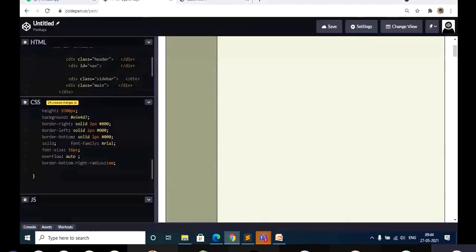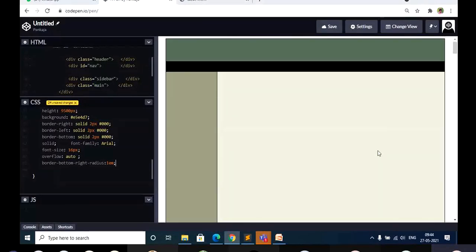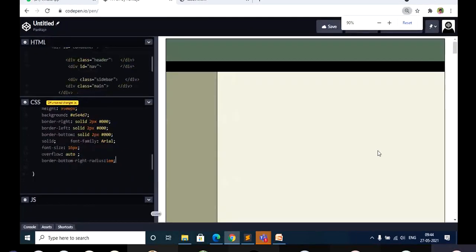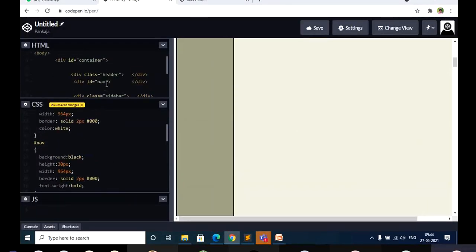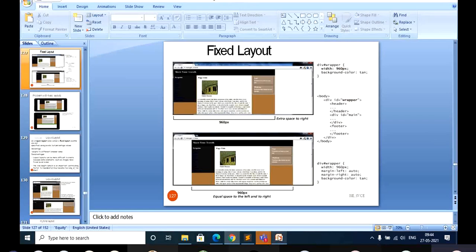If you want to see this web page on a mobile phone, I think it will cover the complete screen without showing any left side and right side gap, because the size is fixed. You can see that here in the online CodePen. Whatever the size may be, it is going to be fixed. If I am increasing the window size, you can see there is a gap. If it is smaller, you can see a lot of gap between left side and right side. That is a fixed window size. Similarly, we'll go with another method called liquid layout.